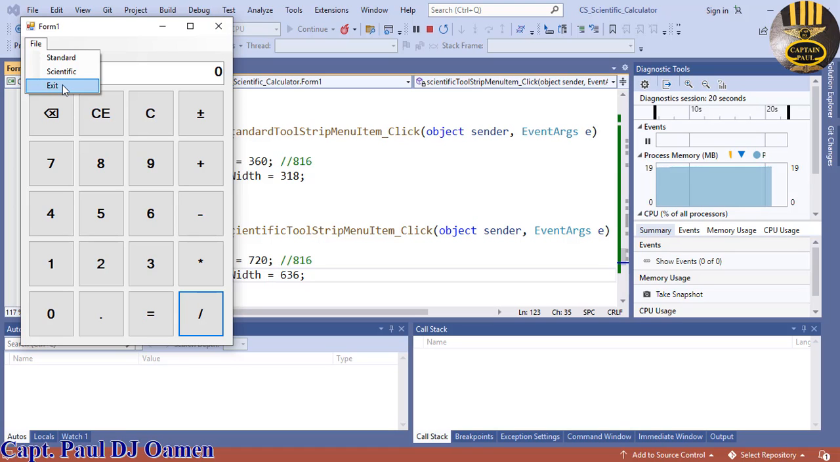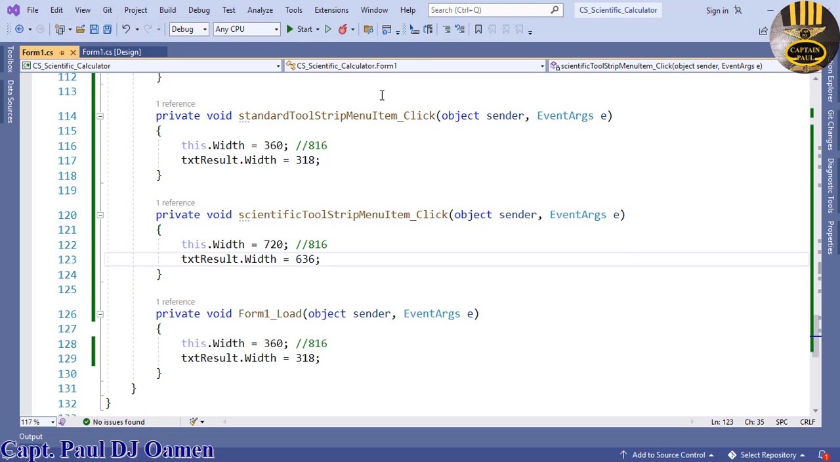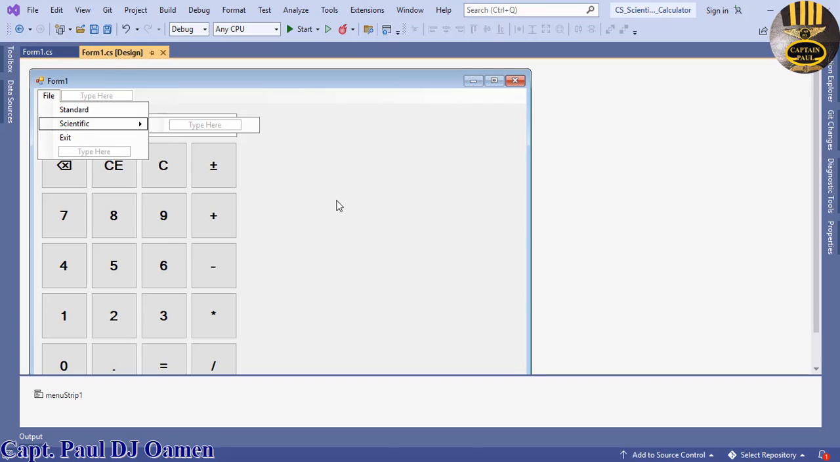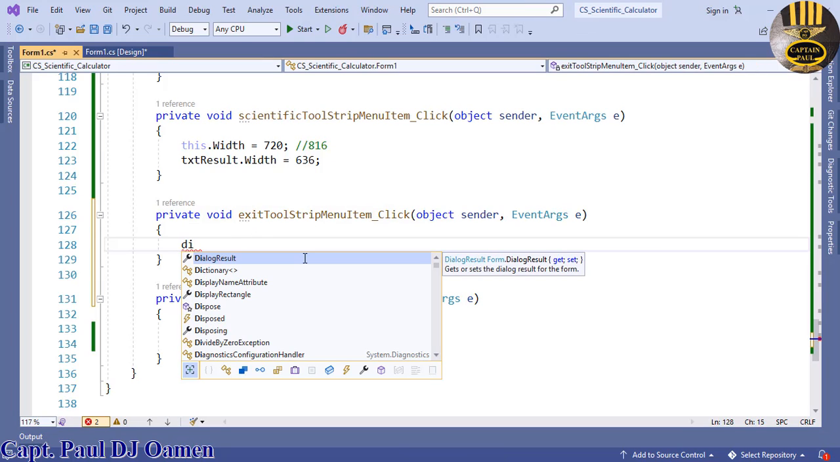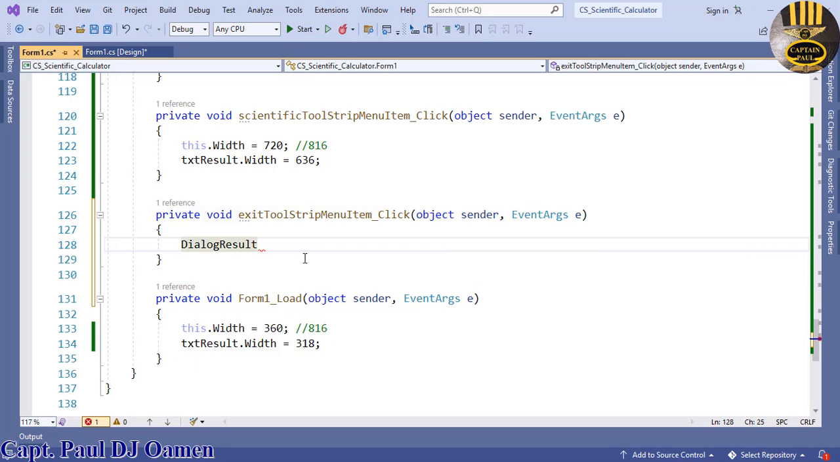Now let's take care of the exits. I'm going to come in here, drop that down, double click on that, and first of all I'm just going to say dialog result equals, let's just call that exit calculator. There. Now exit calculator,